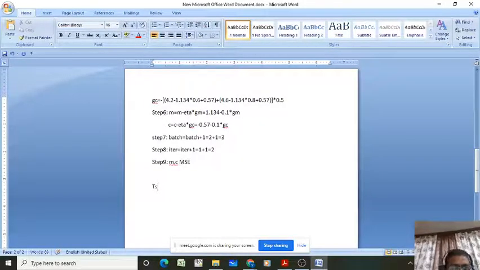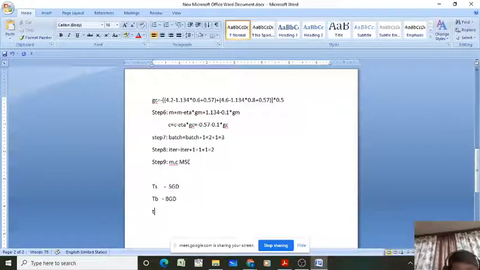TS is the total computation time taken by the simple linear regression model to train using the stochastic gradient descent optimization method, SGD. Second, TB is the total time taken by the simple linear regression model to train using batch gradient descent optimization.